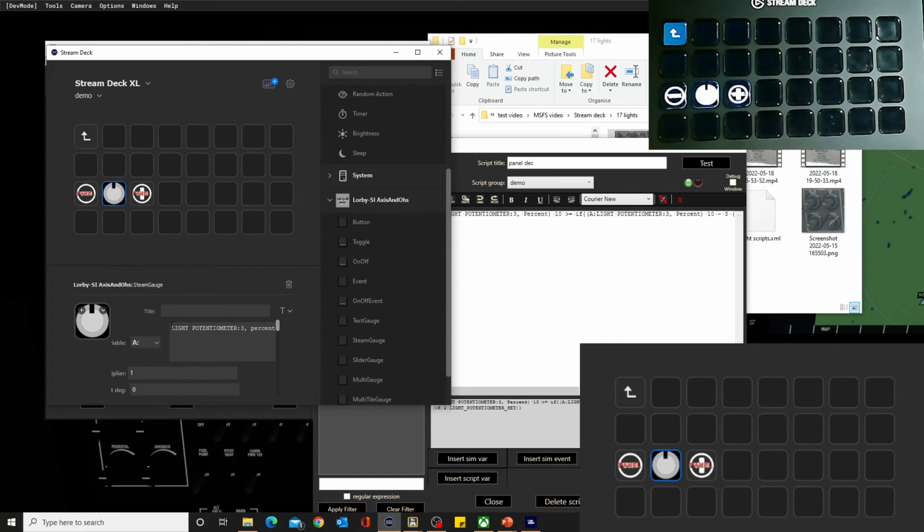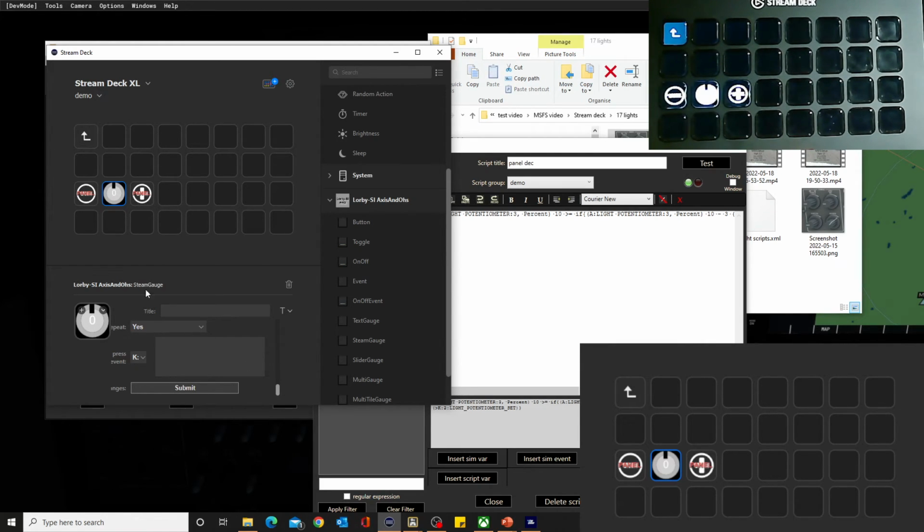I'm actually going to put some text on it using exactly the same value. So we'll put that in here, and what I'm going to do for the moment though is submit that. One of the little bugs I've discovered is that these move a little bit. So light potentiometer number 3, and I want to put that in here as the text variable, and we'll update that as well. So it's at 30% and the thing has moved. Let's take it back to 0%. Let's go all the way back,